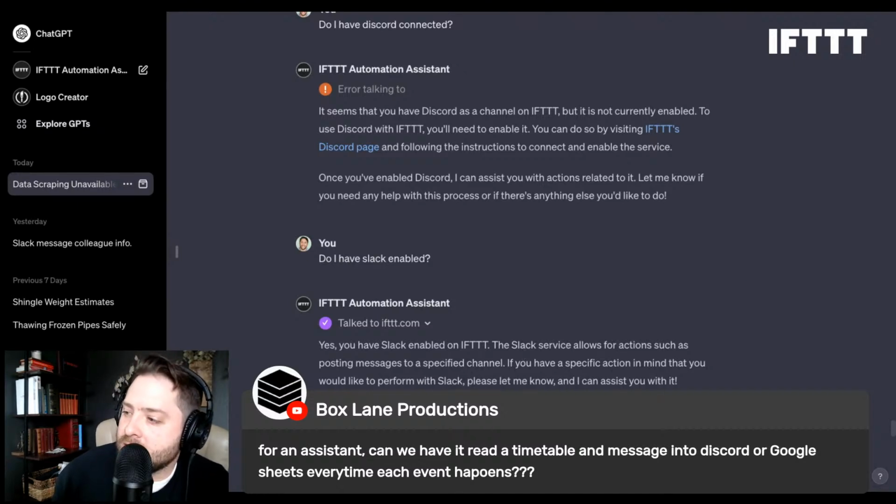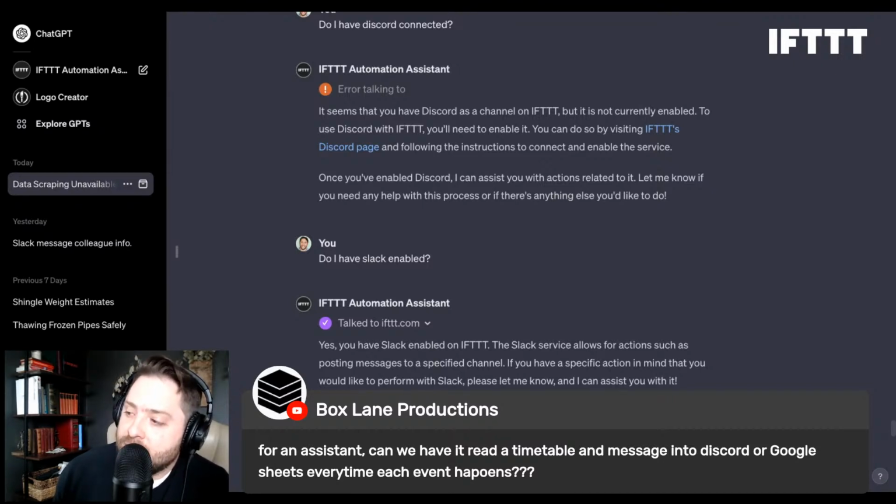So, Box Lane, I will say what ChatGPT is good for is as your personal assistant. It's not good for long-term automations. I would just use IFTTT to trigger some of those automations. For instance, to read a timetable and message into Discord or Google Sheets every time each event happens: if your timetable is on the internet, you could probably get an RSS feed from that and then use our RSS feed trigger.